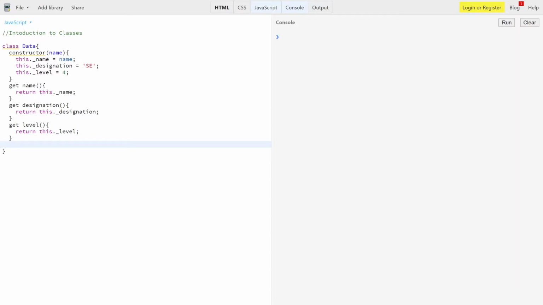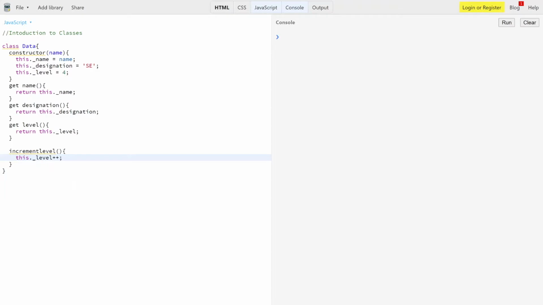Say I'm creating one more method that will increment my level. So we have incrementLevel, and it doesn't take a parameter as of now. It will increase the level. So we have this dot underscore level plus plus.